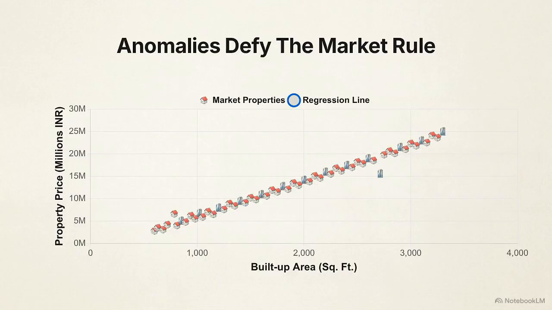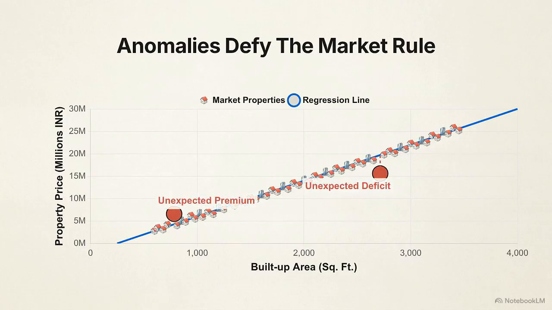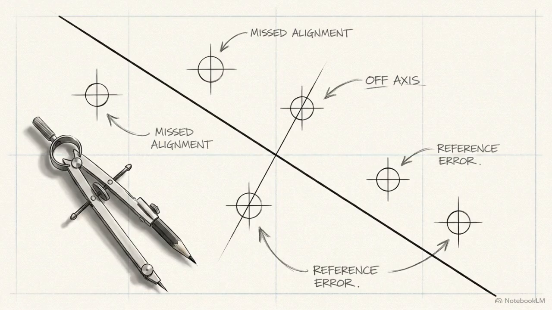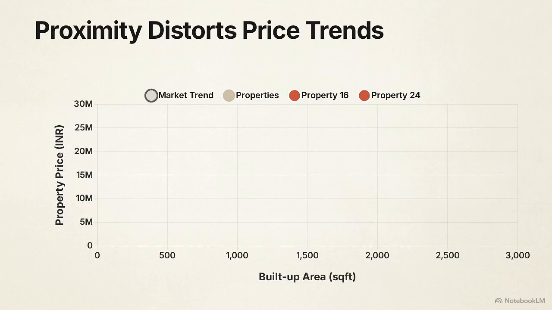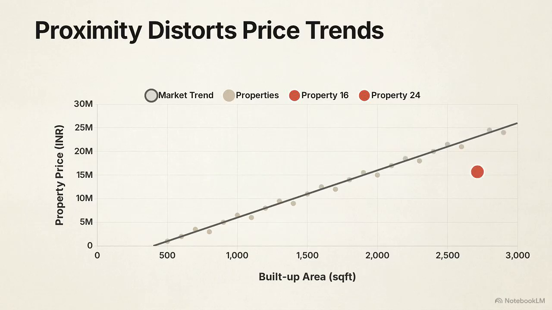But the rule rarely dictates every outcome. Look at the anomalies, the points that ignore our regression line entirely. This is the mathematical inevitability that a single trend line will rarely touch every point of reality. Take Property 16. It's over 2,700 square feet, yet its price falls well below our trend line. The square footage implies value, but sitting nearly 21 kilometers away from the nearest IT park drags the actual price